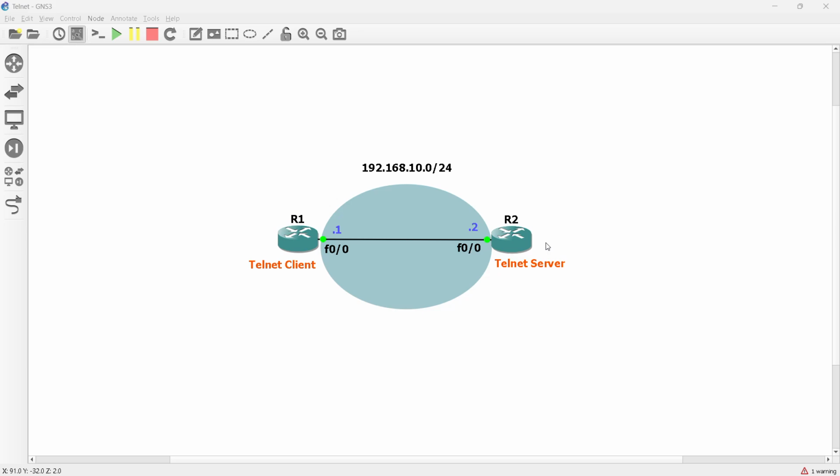Initially, we are going to enable router 2 as our Telnet server, and then we will try to access it via R1. We'll use R1 and try to access it via Telnet. After that implementation, we will see in Wireshark how TCP is happening, how the three-way handshake is happening